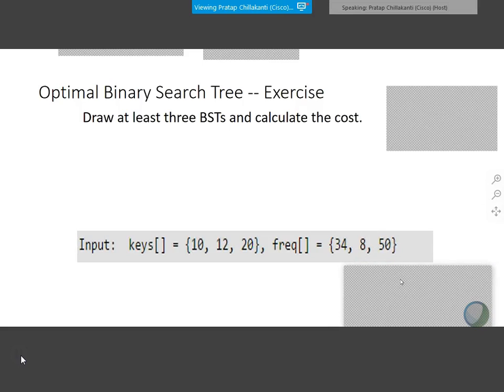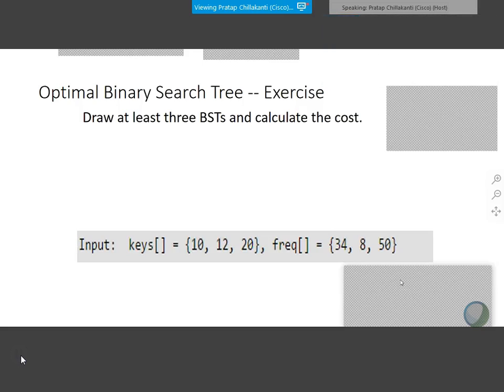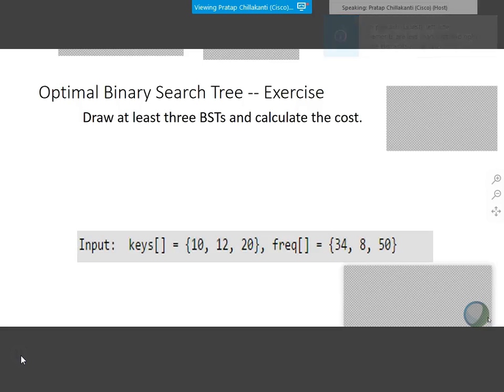Okay. So nothing comes to mind when you talk about binary search tree. If nothing comes to your mind, then nothing will come to your mind when we talk about optimal BST also. There you go. Whoever put that, let's see who put that. ASN Garu put something there. Sri Prakash, there you go, perfect. You can read the chat, right?